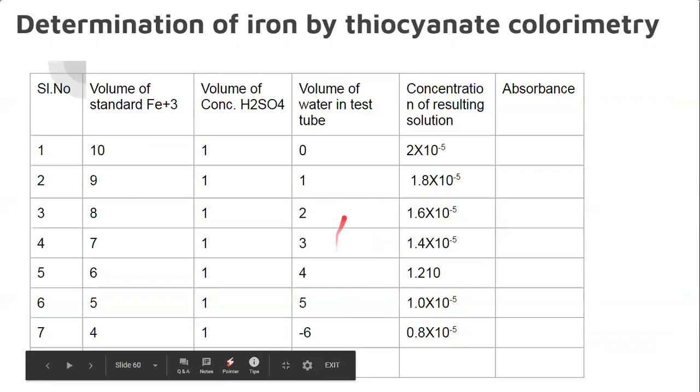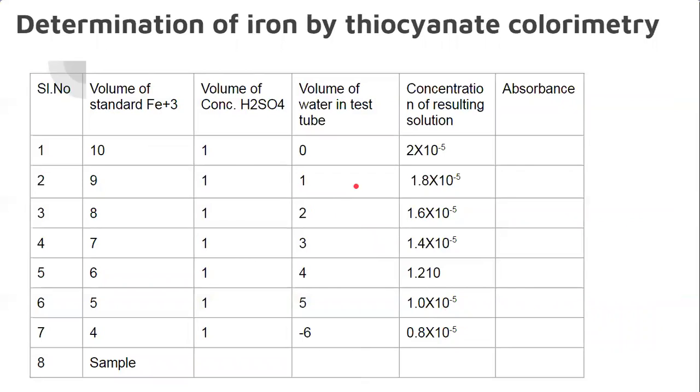That can be converted into 2 into 10 to the power of minus 5 by dilution. So conversion of the 1 into 10 to the power of minus 3 solution into 2 into 10 to the power of minus 5 follows M1 V1 equals M2 V2. M1 is 10 to the power of minus 3 and V1 is the volume we take, for example 10, 20, 50, whatever it may be. Then M2 is the concentration, 2 into 10 to the power of minus 5, and V2 needs to be found out. By substituting those values in M1 V1 equals M2 V2, we get the V2 value.